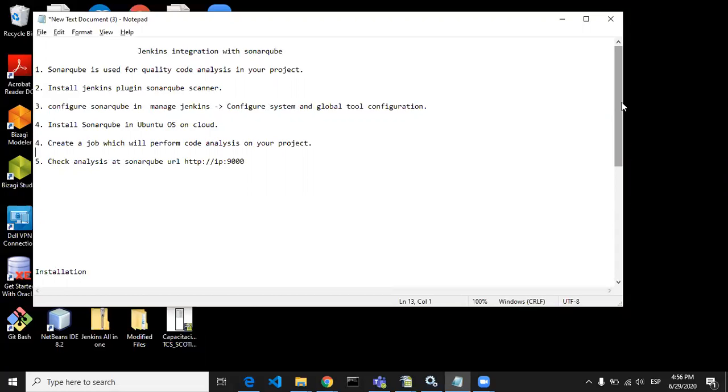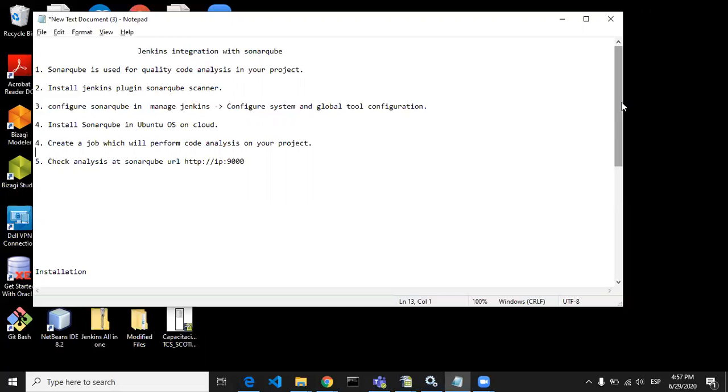So what is SonarQube? SonarQube is particularly used in our projects for code quality analysis. This way you will maintain the quality of your code, catching bugs which we don't see in compilation or runtime, but which are related to your code quality.